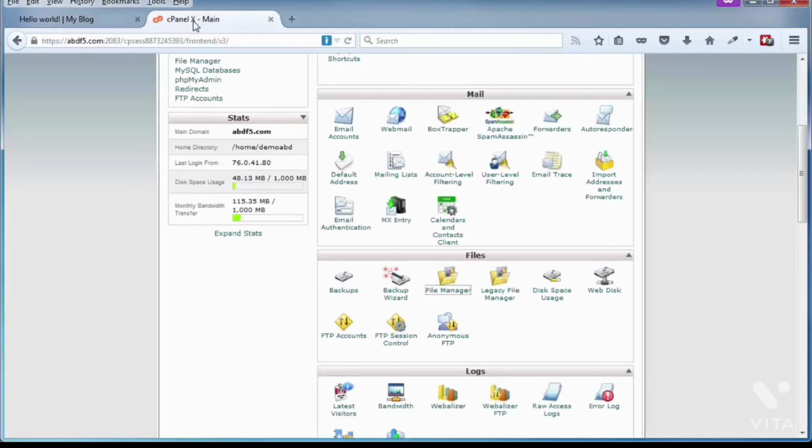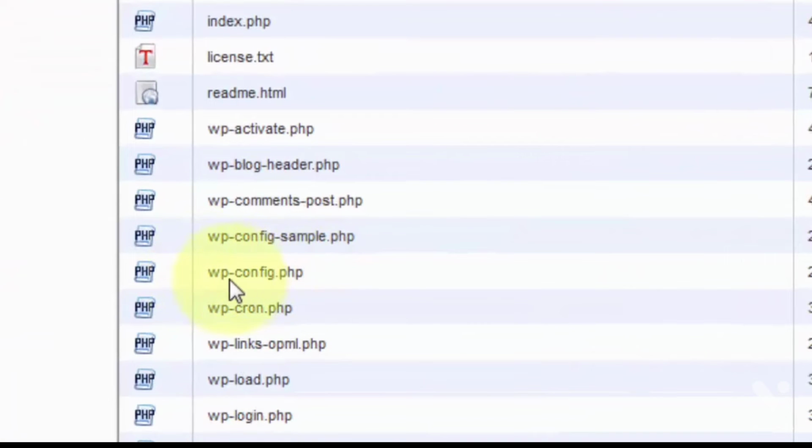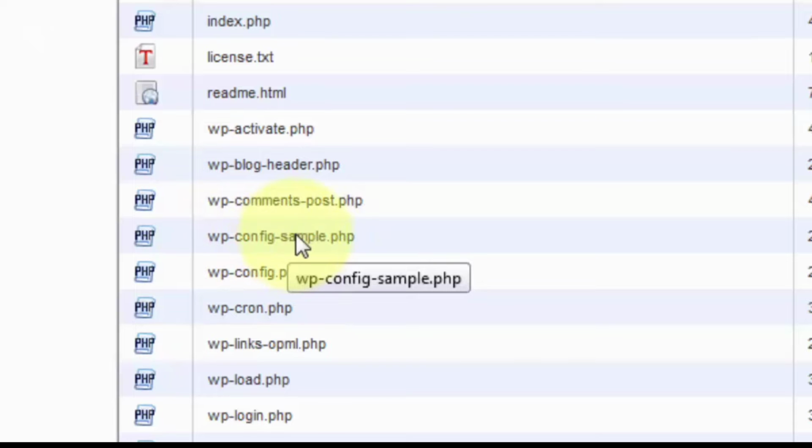I'm going to be doing this within my cPanel control panel. You can do pretty much the same thing if you are using something like FileZilla or an FTP client. But for me, it's just a lot easier to do it within File Manager of my cPanel control panel. So I've already logged into cPanel, clicked on File Manager, and here is the wp-config.php file. Now we're not talking about the one that has -sample in it. That's basically just trash right now. We could just delete that and not have to worry about it, but we'll leave it alone for now. The one we're going to be moving is right here,